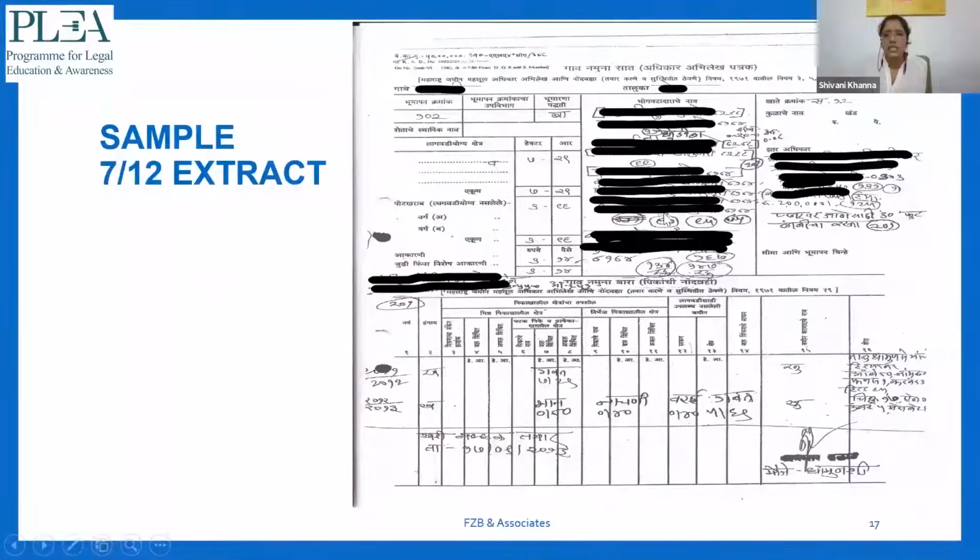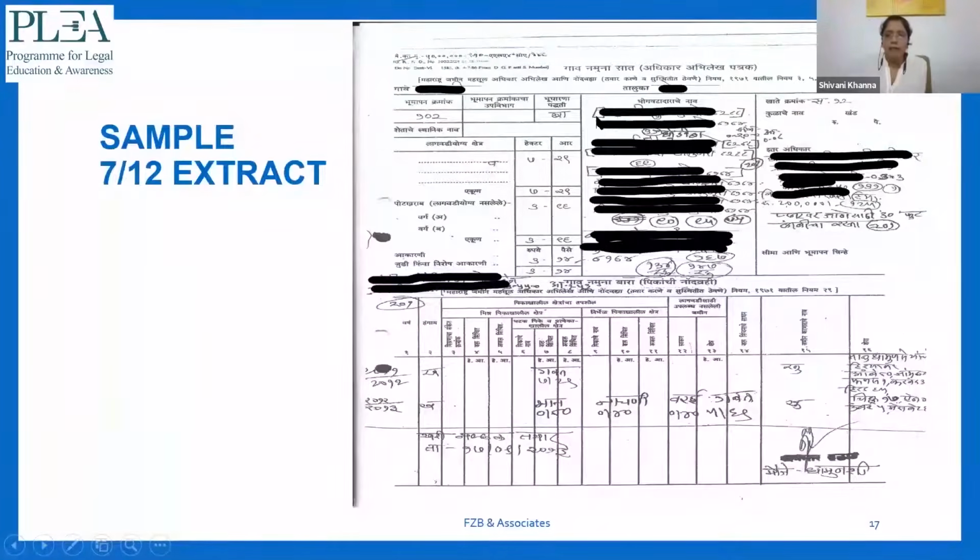Now you see there are certain numbers which are circled. Now this is in fact the serial number mentioned in the register of mutation. Now pursuant to this mutation entry in form number 6, the changes are made in this column and the next, the middle column and the rightmost column.